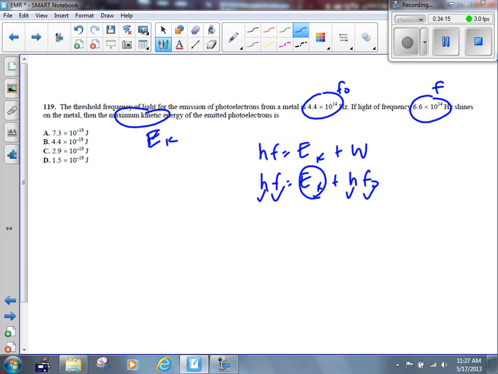Now, what value of Planck's constant do you want to use here, both here and here? 6.63 times 10 to the minus 34 joule seconds, or 4.14 electron volt seconds? 6.63, because your answers are all in joules. Could you use electron volts for this if you wanted to? Or if the answers were all in electron volts? You could, because we're not using qV and we're not using 1/2 mv squared. That's the only time you've got to use 1/2 mv squared. Does that make sense? The answer is, for that one, D, is it? Okay, I'll trust you on that.